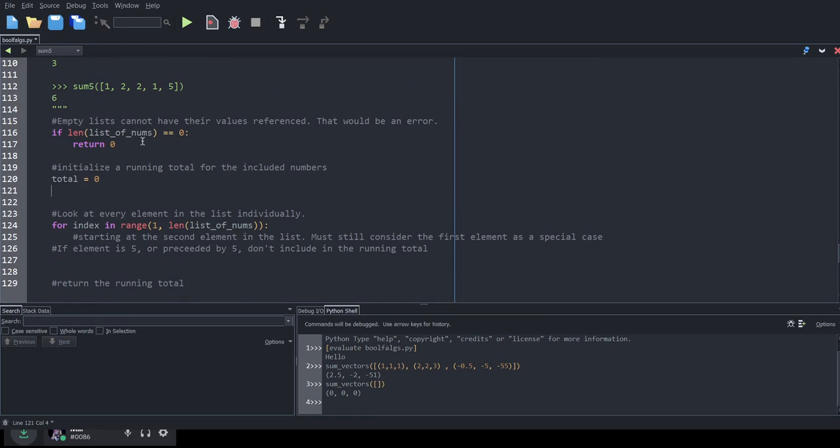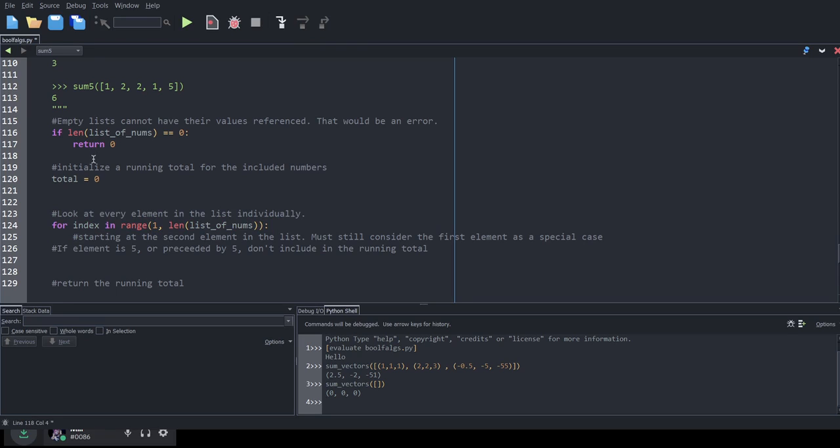Okay, now that we have something that's not empty, we have to handle what happens if there's only one element in the list. We should return what's in there, unless it's a 5. The reason why is that if we have a list that is only one element long and we start this for loop, it's going to be an error because it's going to try to do the index at 1. That's going to be problematic.